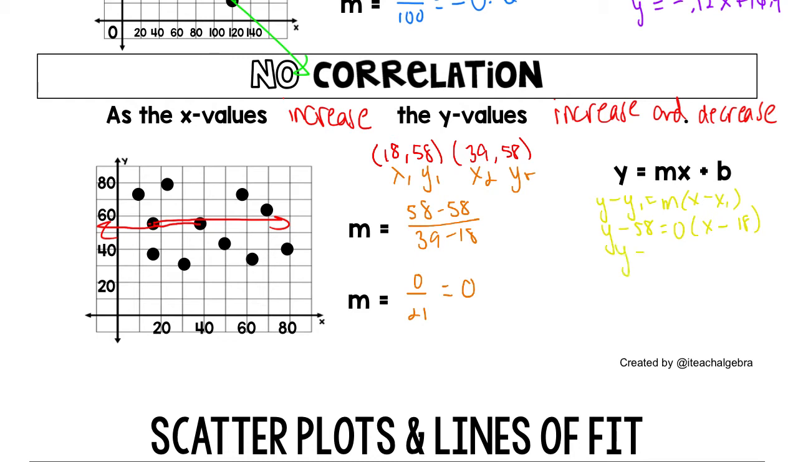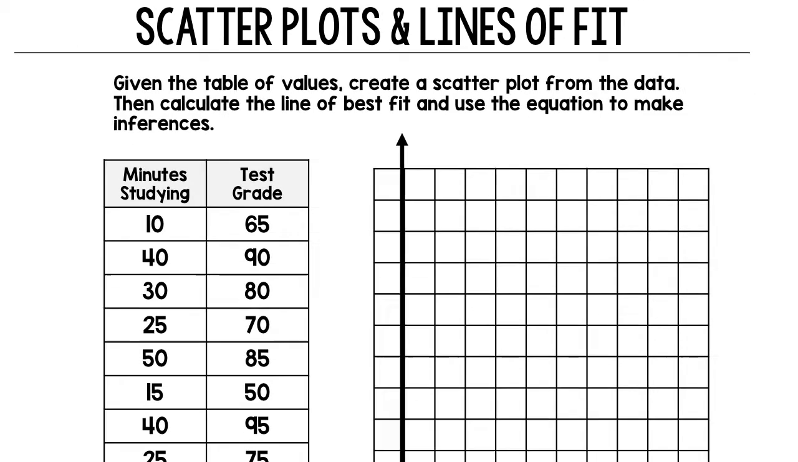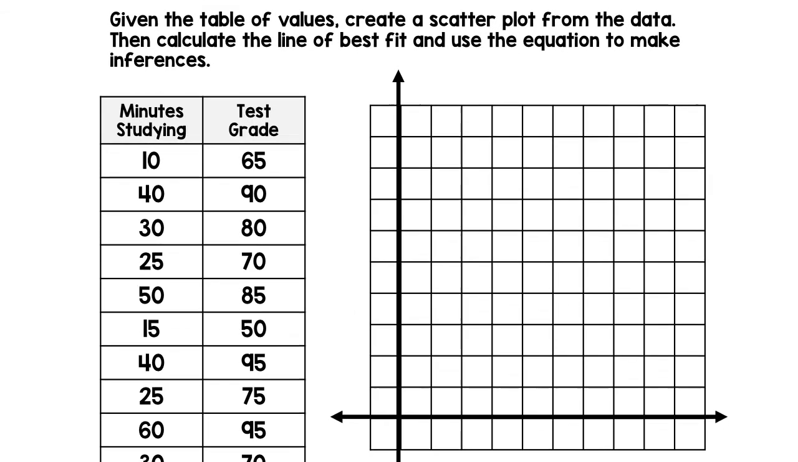Well, we distribute, we get y minus 58 equals 0 and everything. 0 times anything is 0, so all we have left is 0. All we need to do here is add 58 to each side, and we've got y equals 58. That's the equation of our line of best fit. This is just a horizontal line at y equals 58. All right, so that's positive, negative, and no correlation. Let's flip it over and see if we can do a little bit of damage ourselves on plotting these scatter